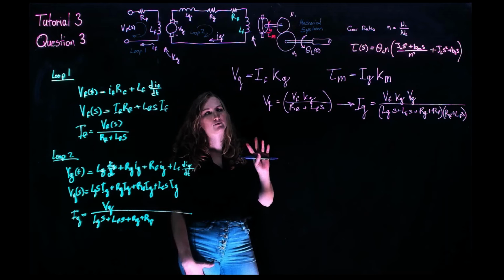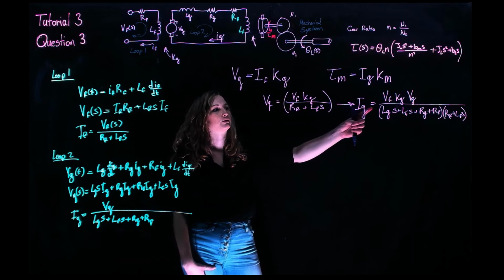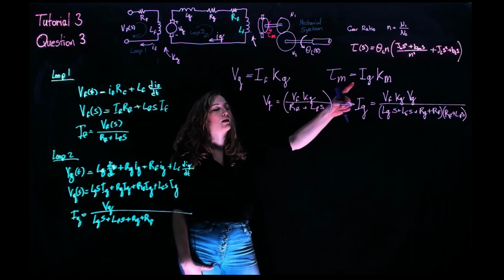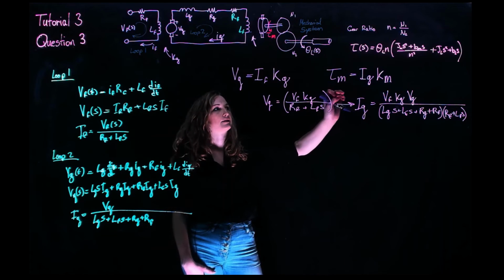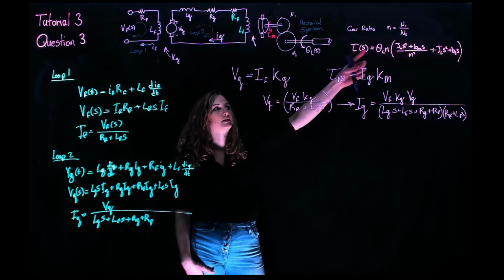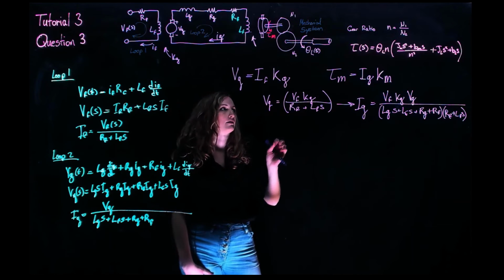Now we just have sort of two last steps. We're going to plug this into our relationship between our motor torque and that current, and then we will use this as the new left-hand side of our